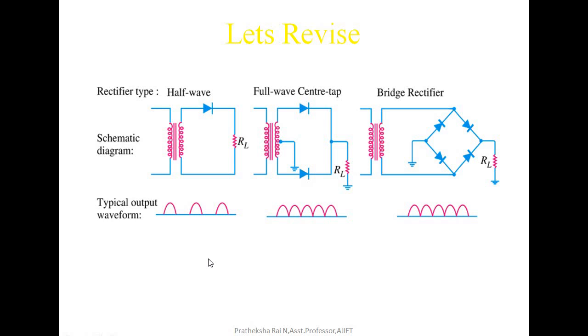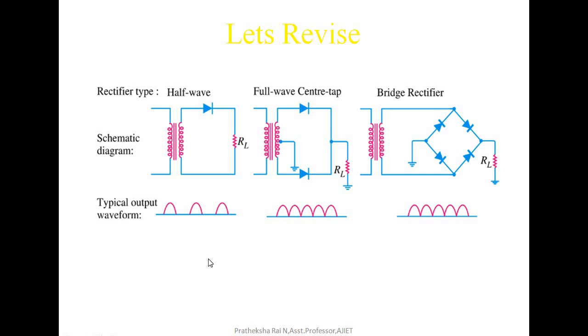If we properly look at the output waveform in half wave rectifier, for the positive half cycle, we get the output from the load resistor RL. But for the negative half cycle, since the diode remains in off state or in reverse bias, there is no output produced. That's why there is zero output. Again, for the positive half cycle, the diode is forward biased and we get the output. That is why in case of half wave rectifier, only half of the portion of the input is used and converted into DC. That's why the name half wave rectifier.